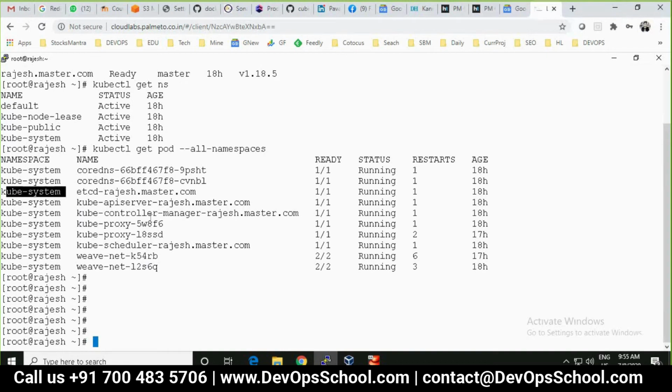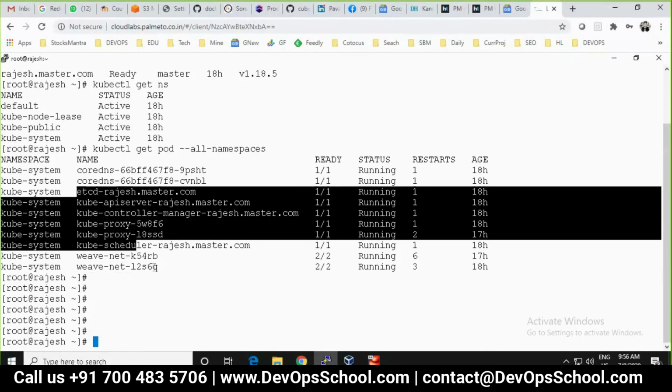Third one is controller manager, right? It's a manager, remember. And the fourth one is scheduler. And then after that, we have a driver. This is running in the master. Probably this is running in the node. Remember, one kube-proxy, one driver. Okay, so all these things you saw, these are the pods.